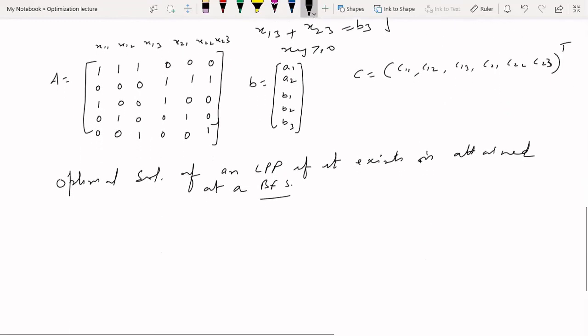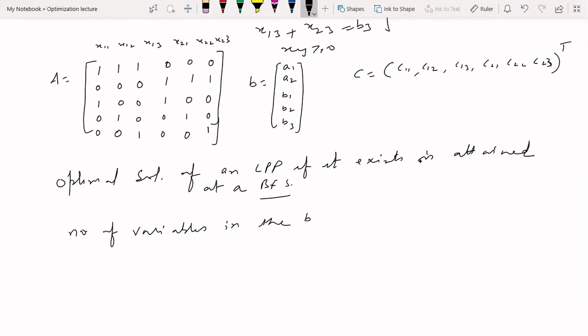We know that the number of variables in the basis is equal to what? It is equal to the rank of the matrix A. So firstly, we will find the rank of the matrix A. If I say that there are 5 variables in the basis, then the rank of A must be 5. But I will tell you that the rank of A is not 5. So you simply observe